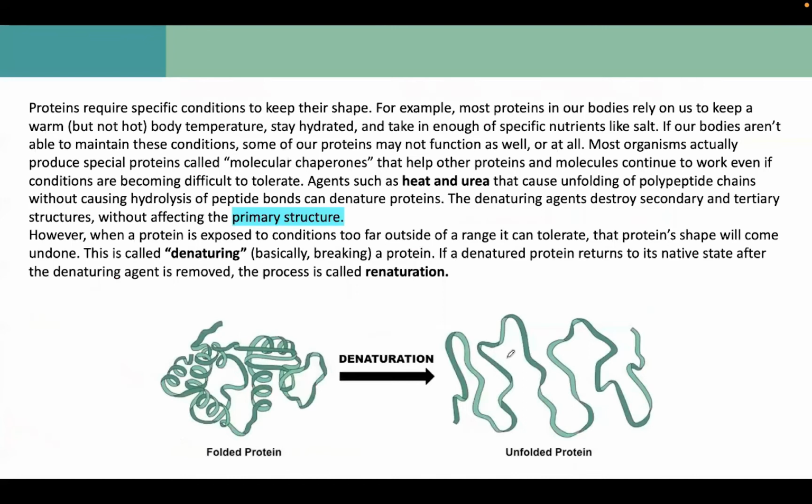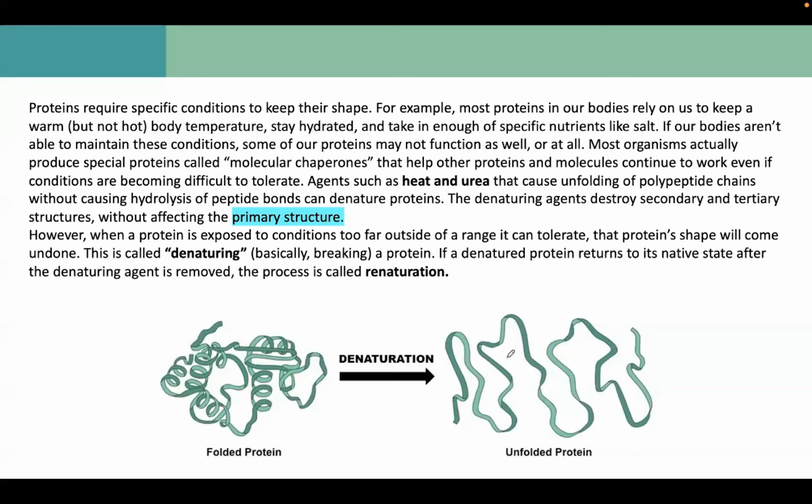So your proteins, they require specific conditions to keep their shape. For example, most proteins in our bodies rely on us to keep a warm but not hot body temperature, stay hydrated, and take in enough of specific nutrients like salt. So like what we've mentioned, si proteins and other biological functions inside our body, it must be kept at a physiological state. Okay, meron lang specific pH, meron lang specific body temperature para makapag-function sila regularly. Okay po. Si proteins, katulad nga ng mga enzymes natin, meron lang dapat tayong mini-maintain ng specific pH and specific temperature para makapag-function sila